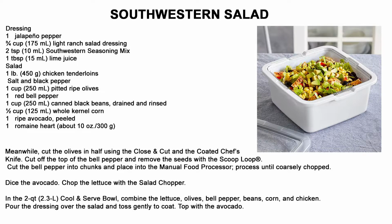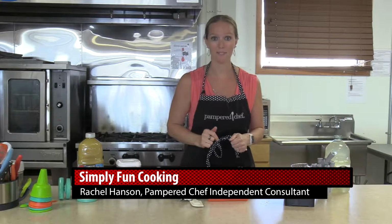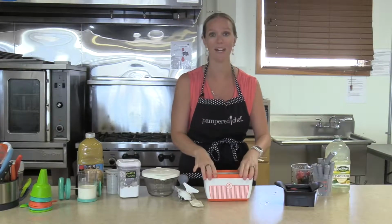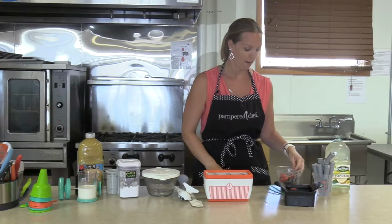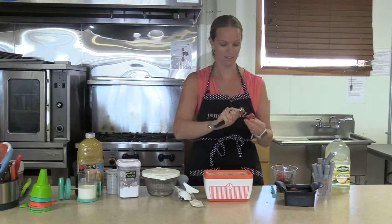All right, so we're going to set that aside. And I'm going to get things cleaned up a little bit, and then I'm going to show you the magic of Quicksicles. All right, so now we are going to make some Quicksicles. These are so fun. They are great for the kids this summer, and there's some adult versions I'm going to share with you too. So these are popsicles that are going to freeze up and be ready to go in 8 minutes. So this is our Quicksicle maker. I've had it sitting in the freezer. We are going to make 2 different kinds today. So I'm going to start by showing you these